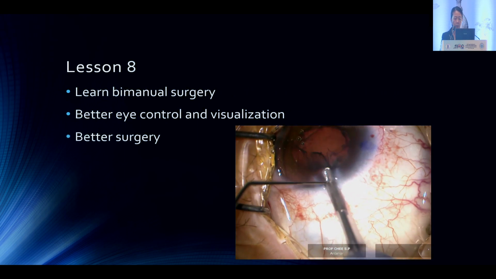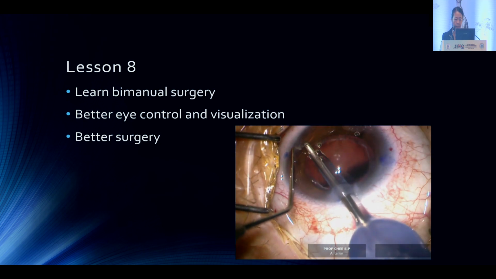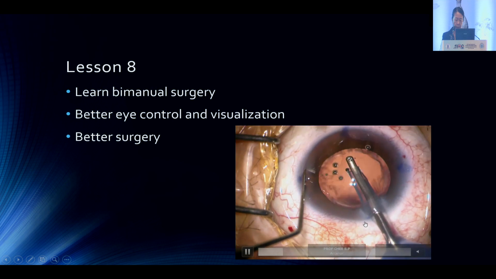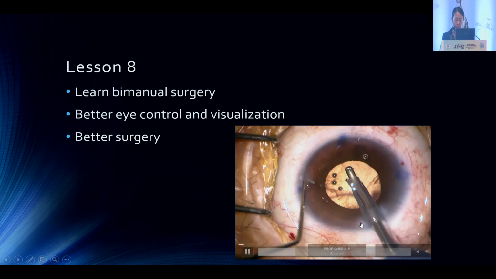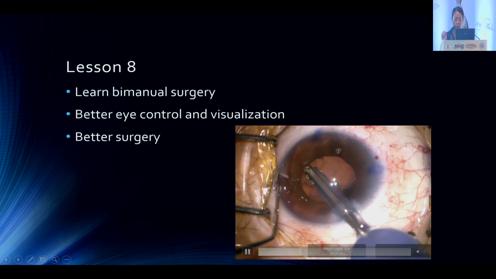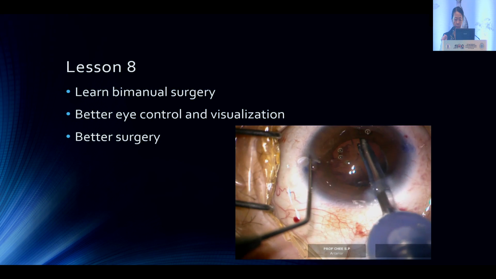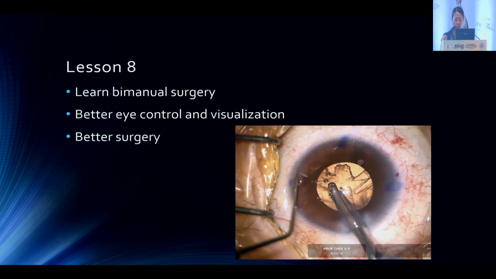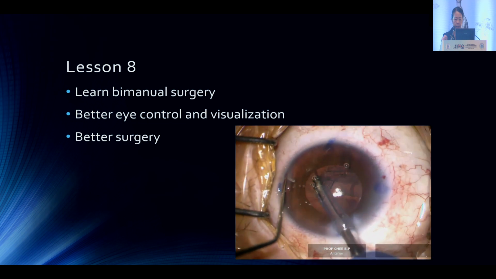And I think it's always very useful to do bimanual surgery. So you can see here, doing it bimanually, I like to hold the eye in position so that it can help me to adjust what I need to do. If you're using two hands to hold an instrument, like many of my junior surgeons, for example, doing a coaxial aspiration of cortex, it's very difficult if I say to you, all right, now you rotate the eye temporally,